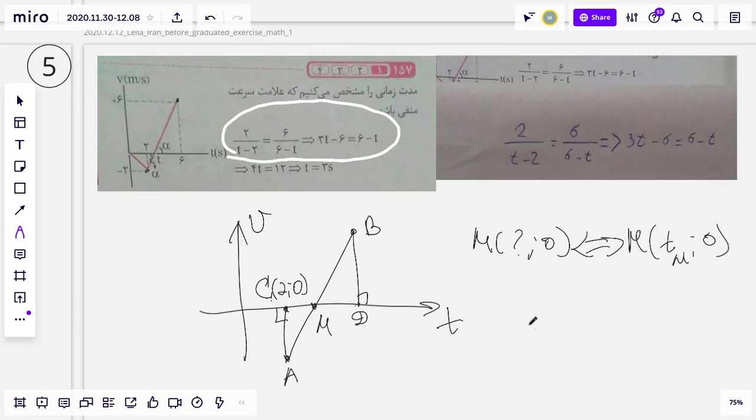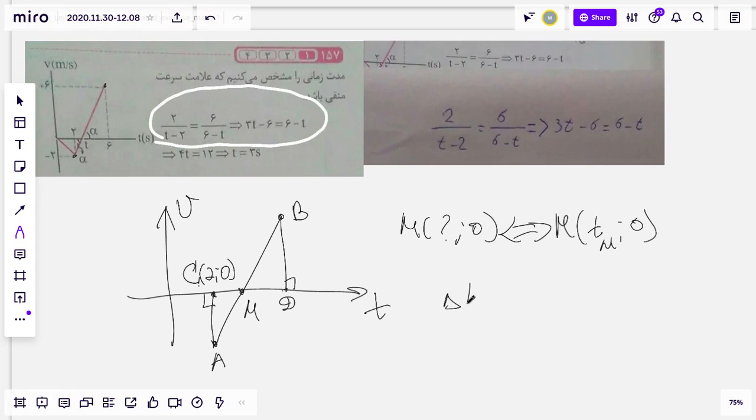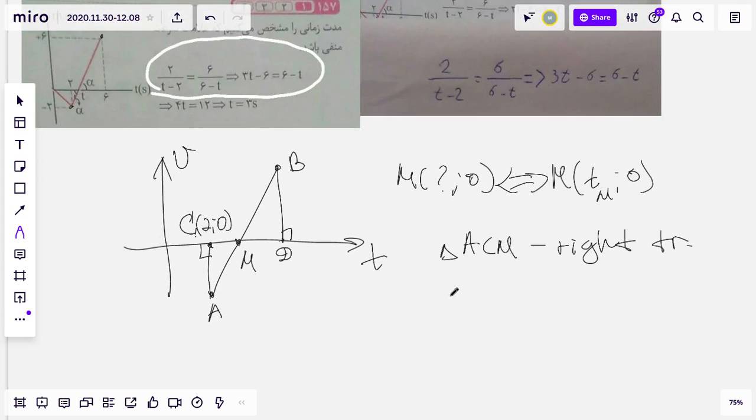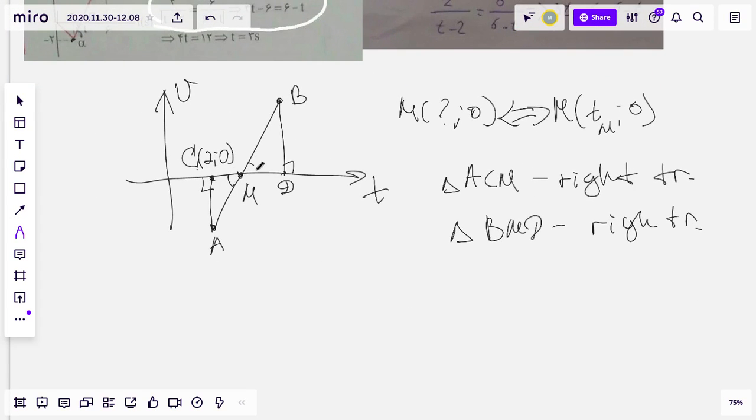Okay, as we can see, I drew two triangles. Every triangle is a right triangle. I write this HCM triangle, right triangle. Also BMD triangle, right triangle. That's why we also have equal angles. It's a vertical angle because this angle alpha derived on the cross of line